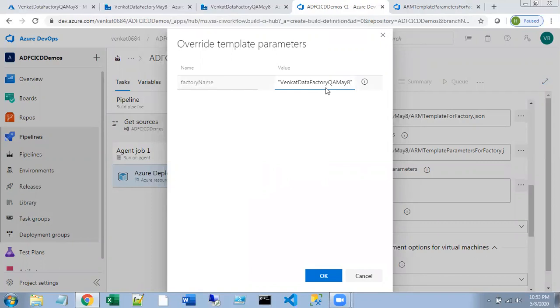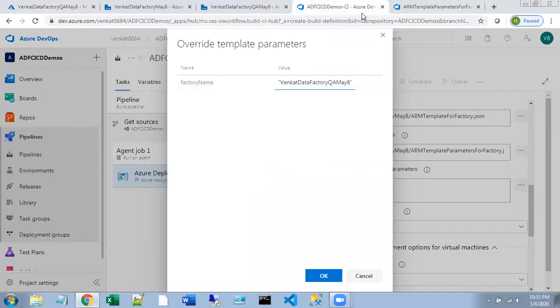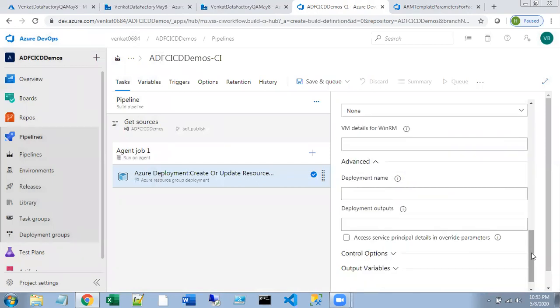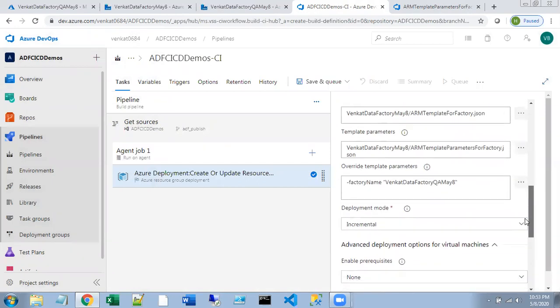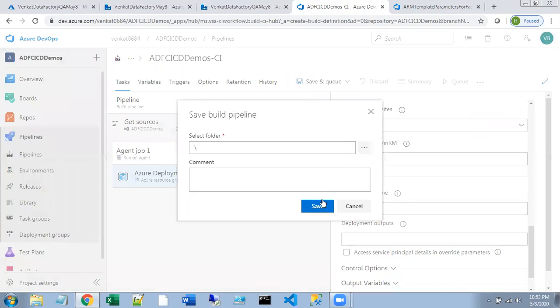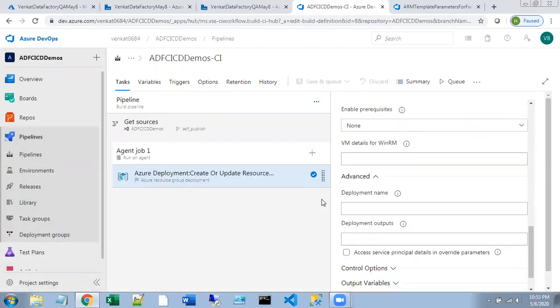This is the one that we have created already in the QA resource group. So this is mandatory. Now go back and you say okay. That is the last step that you have to do. Once you have completed, you go for save. Just save.